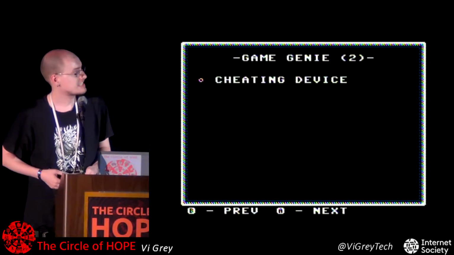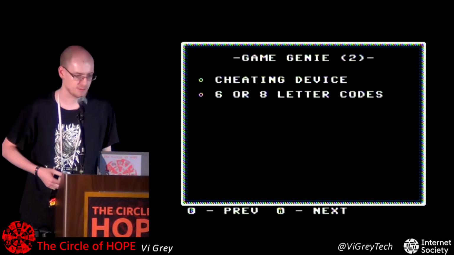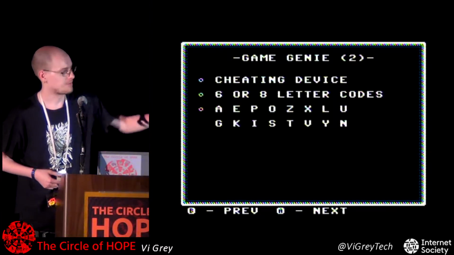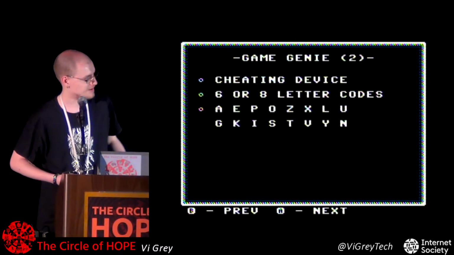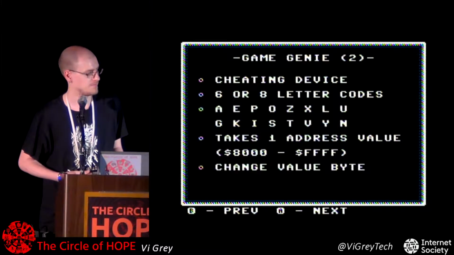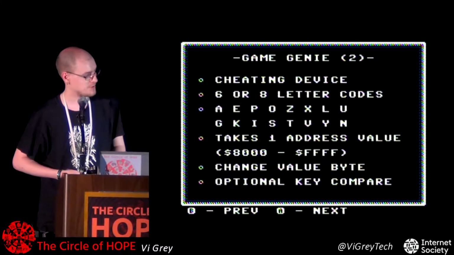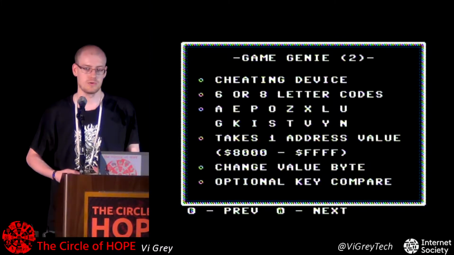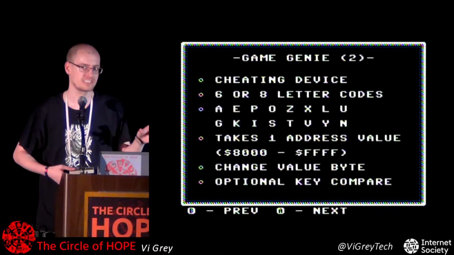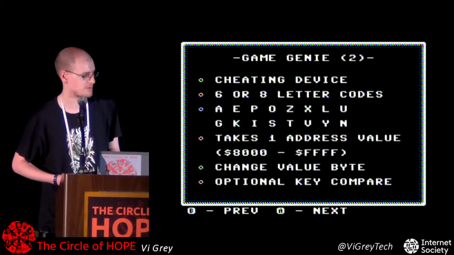The Game Genie is a cheating device. It uses 6 or 8 letter codes, a maximum of 3 codes, and those are the letters. They're a little weird. It takes one address value of the PRG ROM and changes the value of that ROM. So you can patch the NES ROM a maximum of 3 bytes. And there's an optional key compare. So you can check to see if the value of that address byte was something in particular before you change the value. That's not super important, but